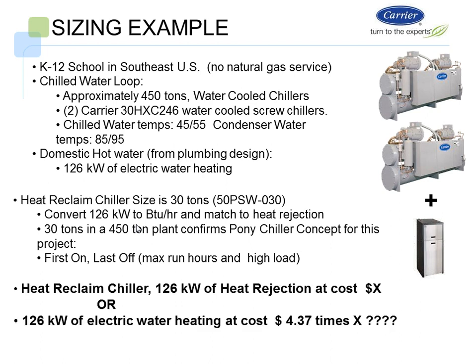So the heat reclaim chiller, 126 kW of electric heat rejection at a cost of X to run, or do we run 126 kW of electric heat at a cost of 4.37 times X, which is that relationship between running my heat reclaim chiller or running an electric